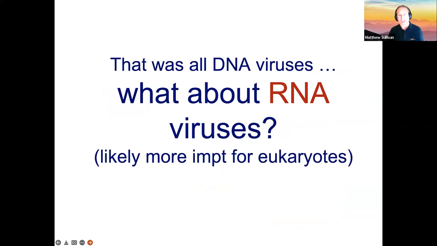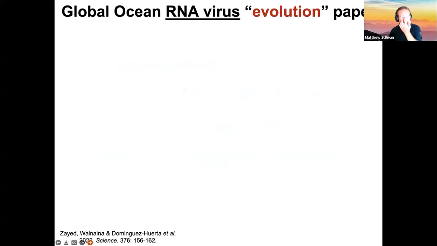And I just wanted to pause and say, everything I just told you is actually just DNA viruses. And there are other kinds of viruses in the sea. And so in particular, RNA viruses, and these might be a lot more important for eukaryotes, for those people that are interested in microbial eukaryotes in the oceans. And we've recently had a large contribution to the RNA virus space through taking those same global oceans data sets from Tara and trying to understand, on the one hand, their evolution, and on the other hand, their ecology.